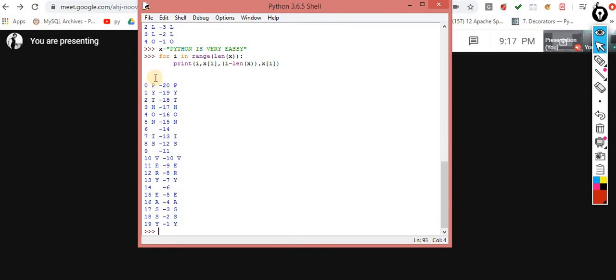Okay, the p, inside this x, Python is very easy. Now starting is 0 and is this one. So 0 p and the negative indexing for the same minus 20. Okay, space also takes the indexes. Now you can observe over here, here is nothing. That means here is the space. Space would be also considerable. Keep this point in mind because it's also a special character. Okay, so this is the way.